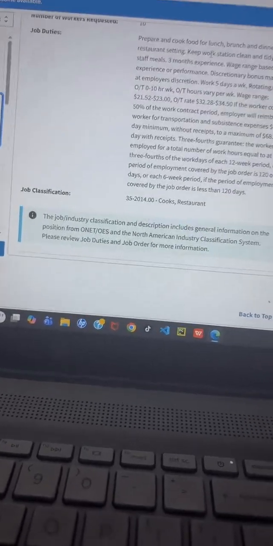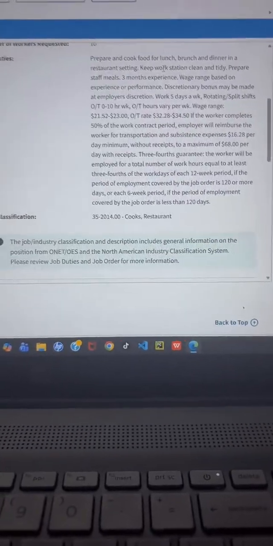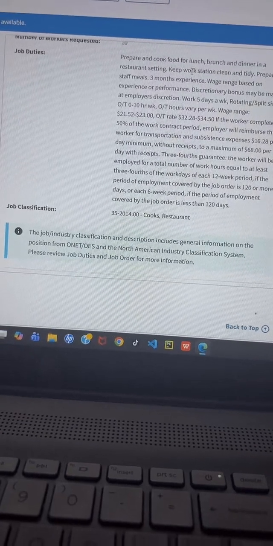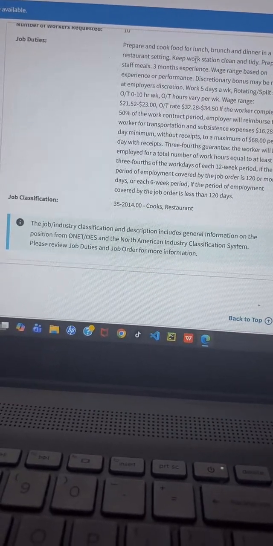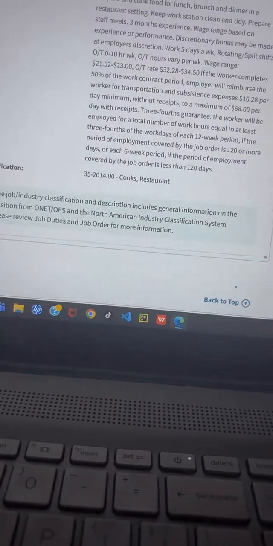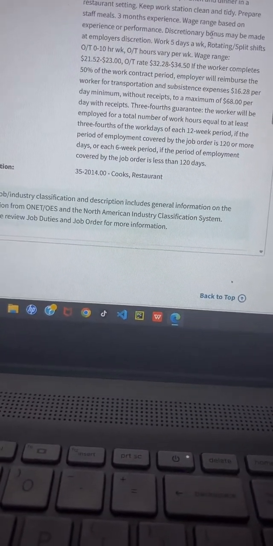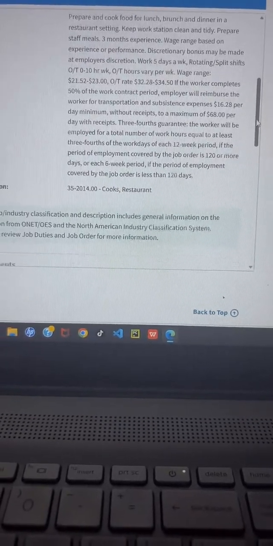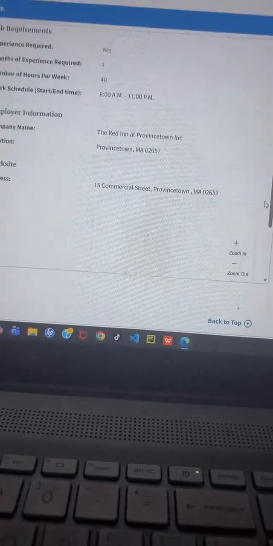Keep workstation clean and tidy. Prepare staff meals. 3 months experience. Wage range based on experience or performance. Discretionary bonus may be made at employer's discretion, and all those lovely stuff.